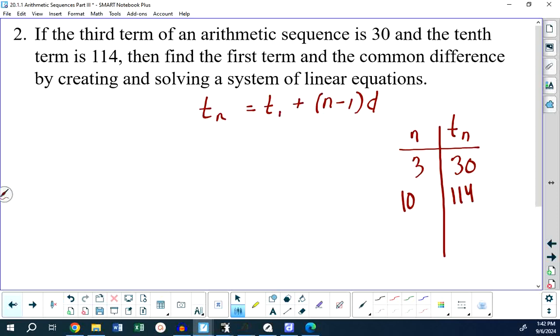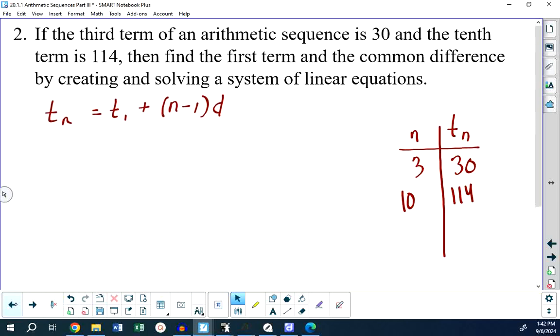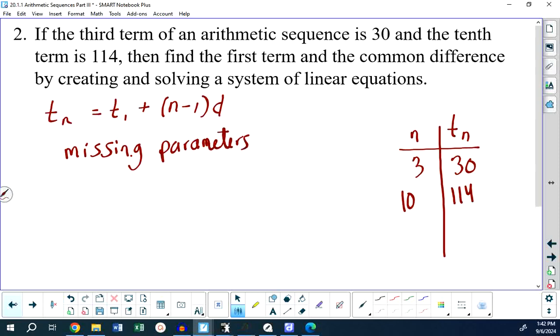Would you agree, and there's a simpler way to do this, but you have to have faith in me that I'm showing this to you for a reason, because the simpler way to do this is not something that will always work for all math problems, but this way will work for a lot of math problems. Would you agree we have two missing parameters? The missing parameters are the first term